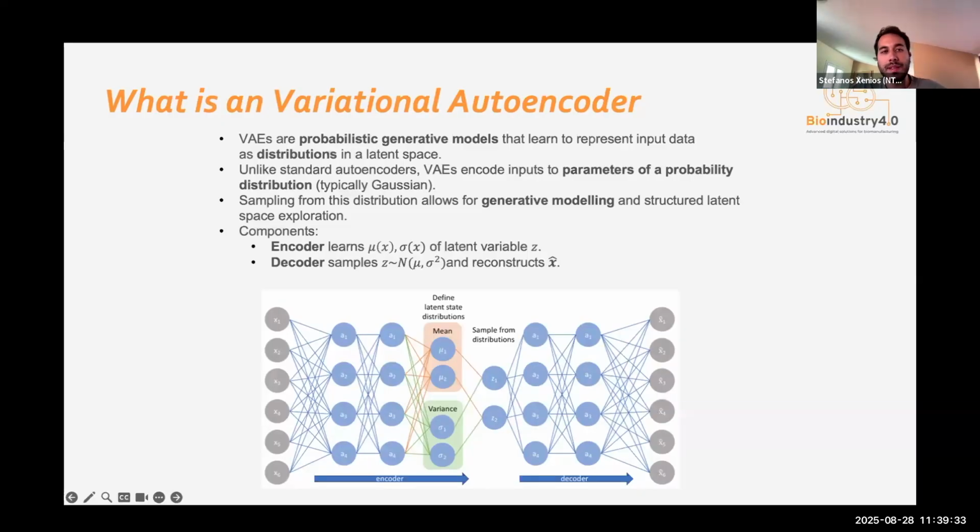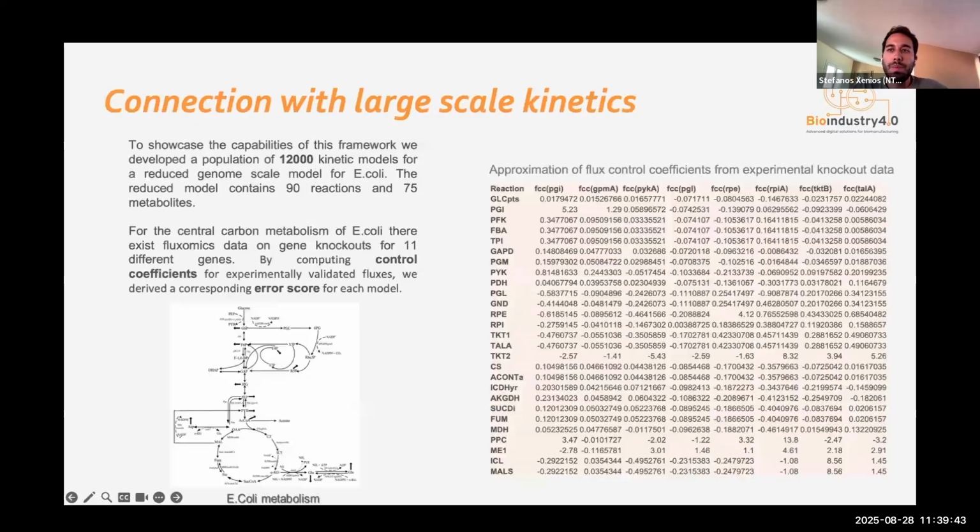It tries to represent the input data as distributions in the latent space. So if it is a distribution, you can sample from it, thus making a generative model. So how do we go about building these kinetic models? We will show a case study that we are now